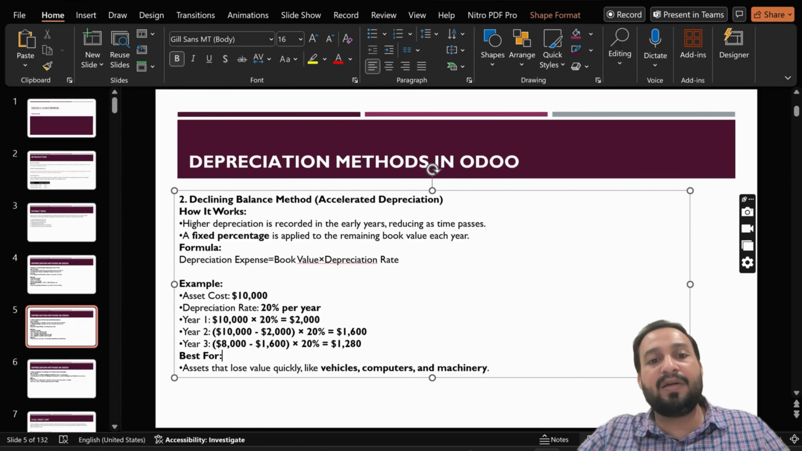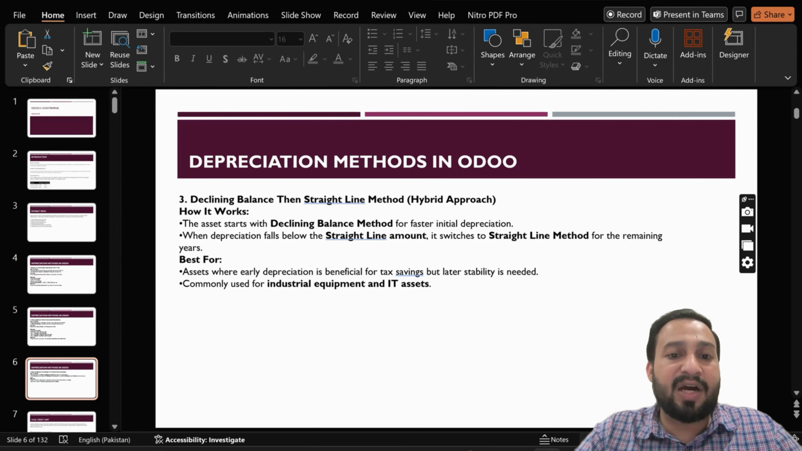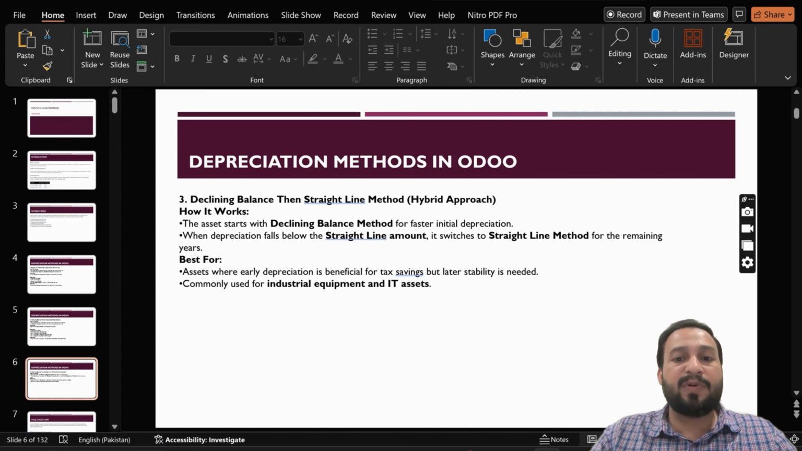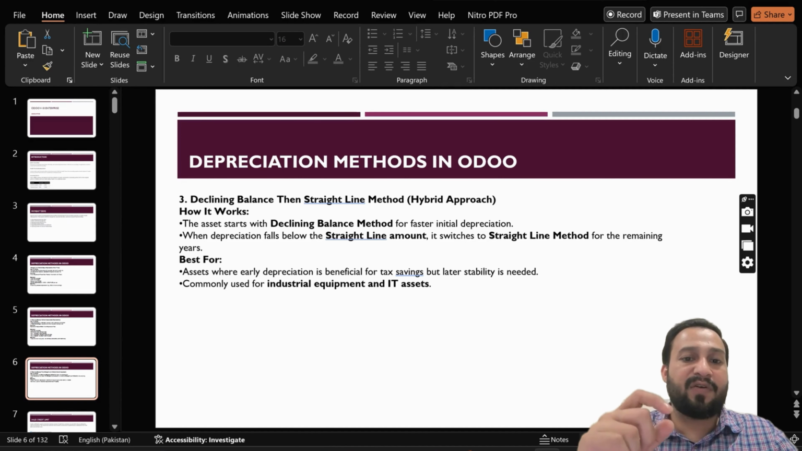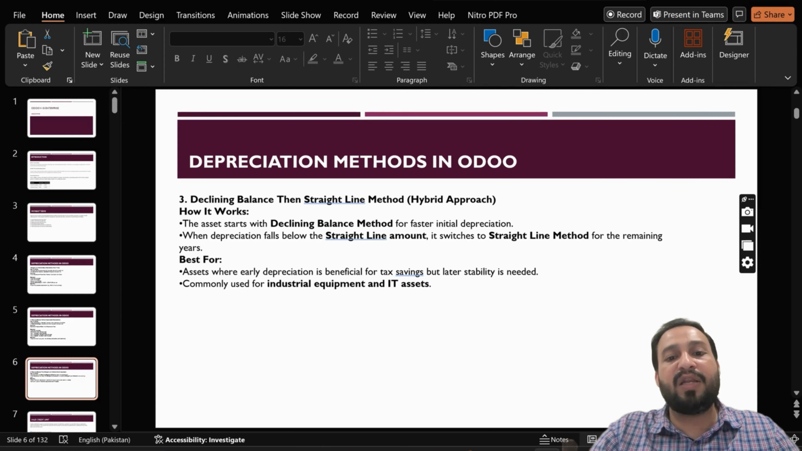What is our third method? It is declining then straight line. So what is declining then straight line? If we go into the documentation, how it works: the asset starts with the declining balance method for faster initial depreciation. When depreciation falls below the straight line amount, it switches to the straight line method for the remaining years. So when we select this method, first we select the percentage, and then the system will first start with the declining method. When we reach our desired amount, which we set as the fixed amount, from this amount onward the straight line method will work. So when we meet that amount, then